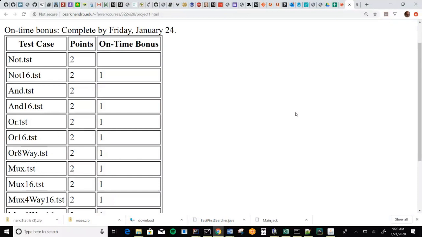With circuits, it's sometimes difficult to avoid. When you're writing software, copy and paste is a sign of a design problem, and it means we need to refactor the software. But for these, yeah, you're going to be doing some copying and pasting. So you'll have not 16, and 16, or 16.